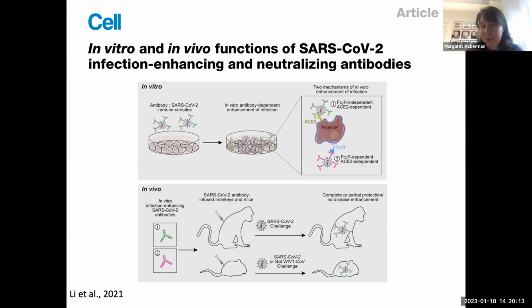And what they observed was that in vitro, anti-neutralizing antibodies, so infectivity enhancing antibodies, were protective, right? So they provided complete or partial protection of the host, despite the fact that they not only had no neutralizing activity in vitro, but they actually exhibited an enhancement of infectivity in vitro assays.